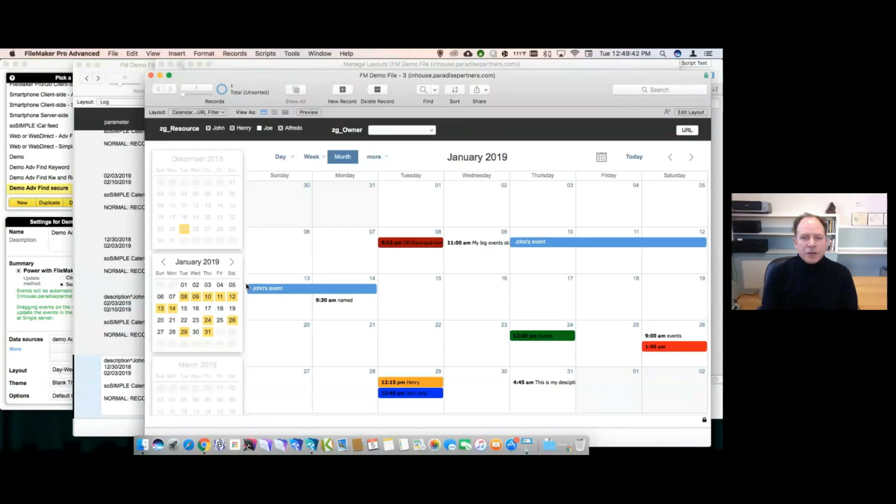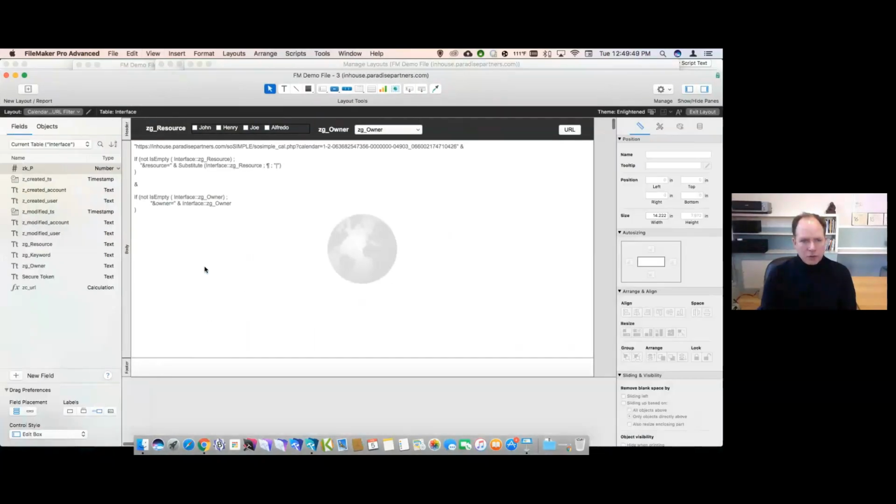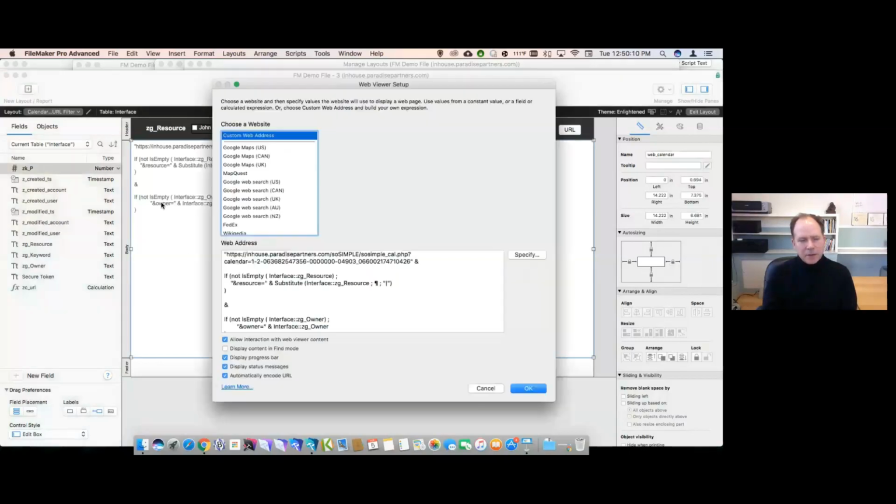Yeah, that's a great question. I think that's published on our website somewhere, and I frankly don't remember offhand. But for URL filtering, in general, I would say stay away from spaces and periods. I think most other ASCII characters are legal besides those, but stay away from periods and spaces because those can mess up the PHP backend that's running, and FileMaker's API to the PHP. Those two things can break the soSIMPLE